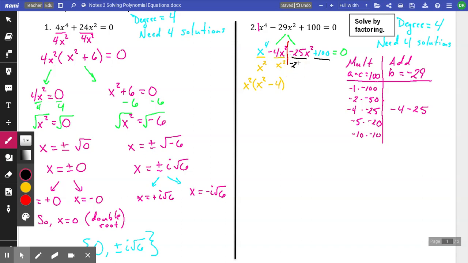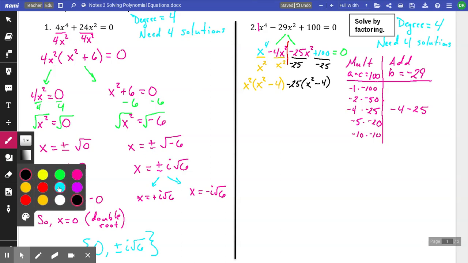One way we can remember that is because this starts with a negative. And if you think about it, for just a moment, if you divide by negative 25, here's what we get. We get x squared here, good. And we get 100 divided by negative 25, which is negative 4, also good. So notice that our parentheses are back to matching, which is great. That means for us, we can now write our factored form,